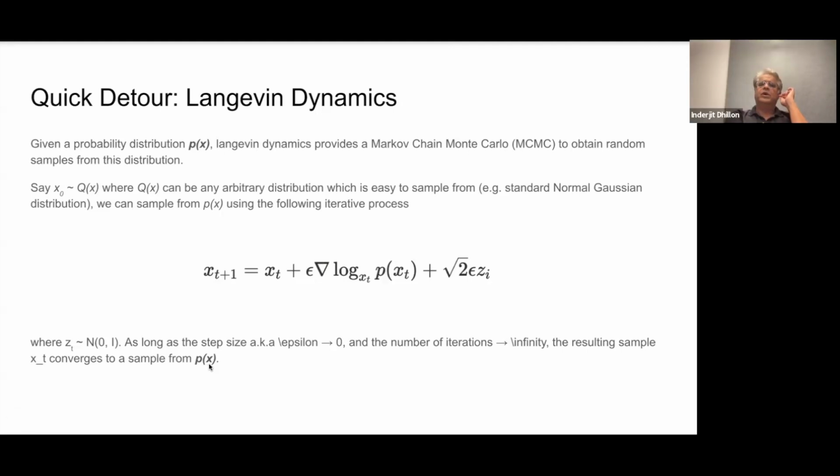Just to ask again, what are the properties that P of X must satisfy so that this Langevin dynamics actually converges? I know Nilesh said something about being convex or so. Is there anything? That's actually a good question. I don't remember it off the top of my head, but I do remember that